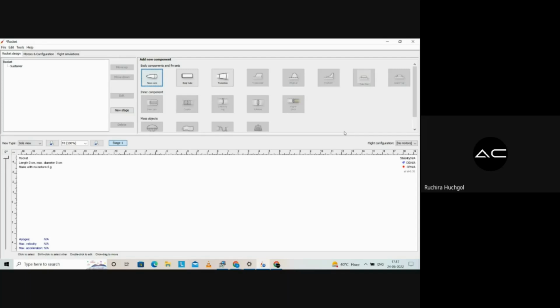Now, in the inner components, we have inner tube. If you watch videos, just go and watch, because that will really help you to visualize things. When you put your motor into the combustion chamber, you have an insulation layer or a tube which is between the body tube and the motor. So you can use inner tube for that purpose, or if you want to put anything extra, we can use inner tube. Then there is coupler: to join my nose and body together, I will use a coupler to couple them together.